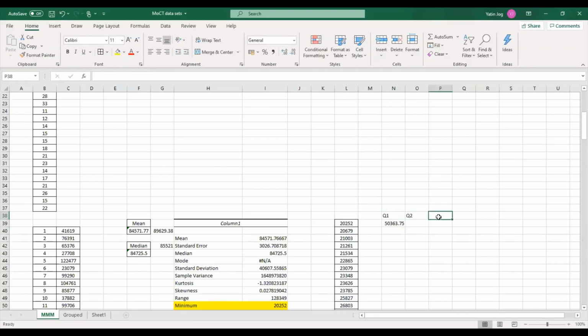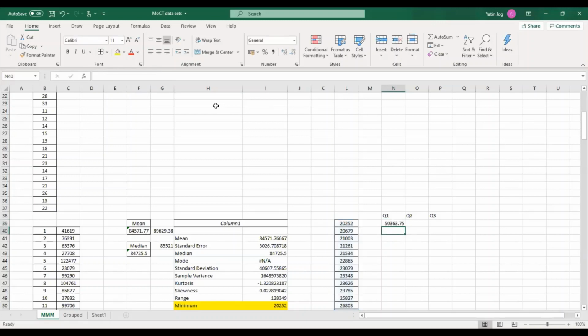Similarly, if I want to calculate Q2 and Q3, the cut points where my second quarter ends and where my third quarter ends, then I have to keep my first part as it is and just increase this 1 to 2. So how to do that? I have to put a dollar if I don't want to change a certain part of the formula, which we discussed yesterday. So I'll just put a dollar there.